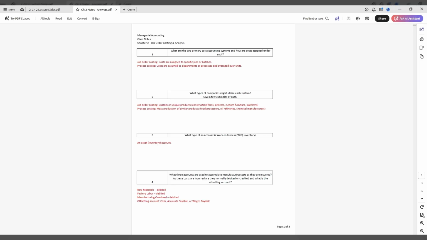So I've now got my notes answers pulled up and we'll just go through those one by one here. Number 1 says, what are the 2 primary cost accounting systems and how are costs assigned? And so if you remember, that comes back to the,